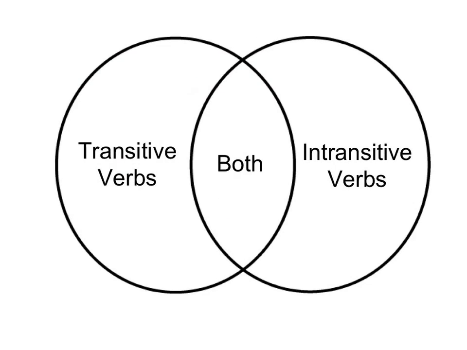Now let's revisit those three examples from the beginning of the presentation. We said they were wrong, and I also said that by the end of the presentation you should be able to explain why. So what's wrong with these? Why are they wrong? What kind of verbs are like and enjoy? Like and enjoy are clearly transitive verbs, and at this point you should be fairly clear on what transitive verbs are and what intransitive verbs are, and which ones can be used both ways, either transitively or intransitively.